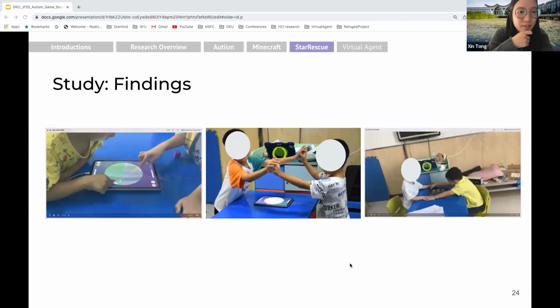So here are the findings from the experimental groups. As you can see, their collaboration did happen as we expected. And there are good moments where they give high fives to each other. This is very rarely seen according to parents and teachers. It happens when they achieve a certain level or catch a very difficult target, like the boss monster. However, there are also challenging times where they don't collaborate effectively with each other. For instance, in this picture, a child is trying to push away the other kid so he can take control of the entire screen.